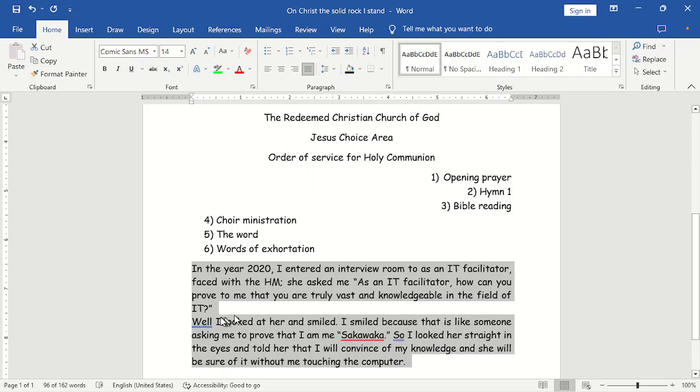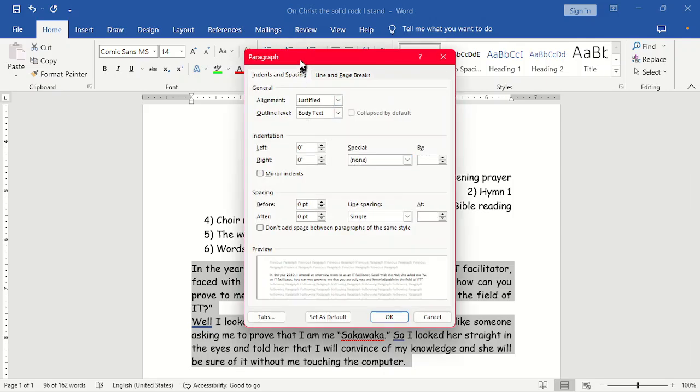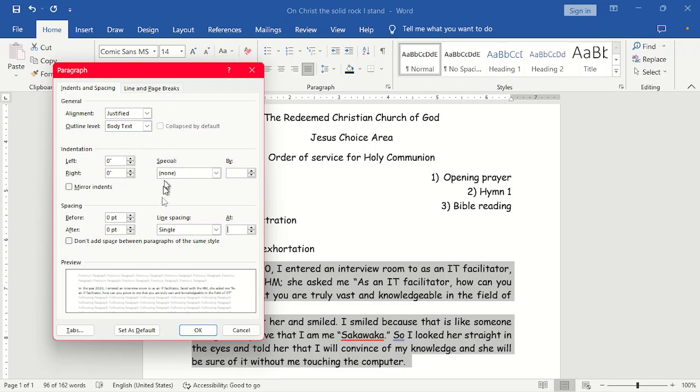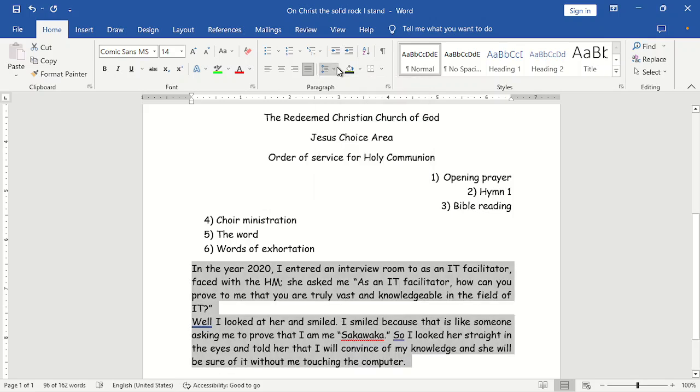The line spacing is this, and the paragraph spacing is what spaces one paragraph from the other. I think I use both of them interchangeably, line and paragraph spacing. So if I want more options, I just click on line spacing options, and you'll be faced with this paragraph dialog box. What I will advise is that you experiment with them, and anywhere you get confused, let me know, and I will make a special video for you on how to use this dialog box. But because of time, I will just leave it at what we see here, and then move on to,